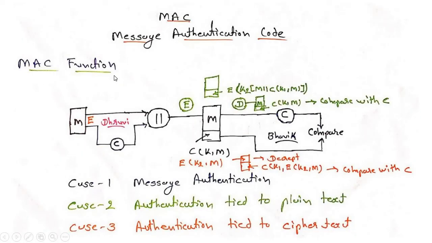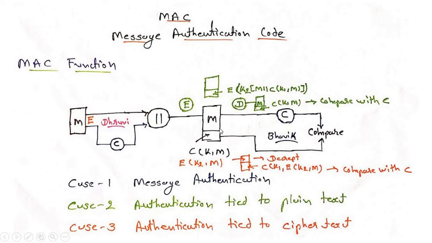First, for the MAC function, we are using case number 1. What we are doing in case number 1 is this: that is the actual message, you have to see the blue lines located here. We are getting one actual message, and we are appending the actual message with the secret key. It means the sender is applying the secret key on the message, and after applying the secret key, the sender appends the original message and the secret-key-applied message, and then the sender sends the message towards the channel.